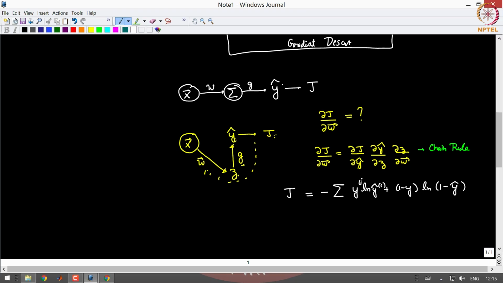I am going to put an i here, and i equal to 1 to m. Now, what is this i equal to 1 to m? This is very similar to what we did. In fact, it is the same as what we did when we were doing linear regression. Recall,